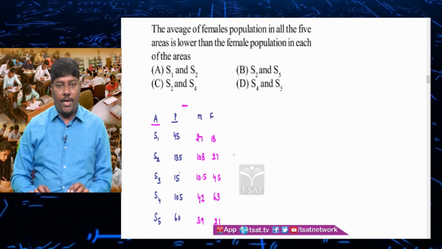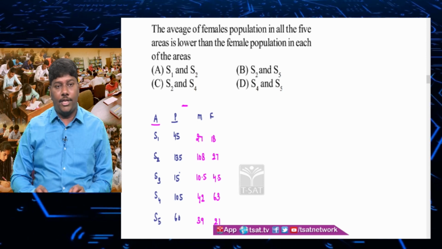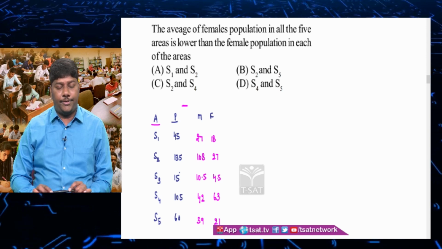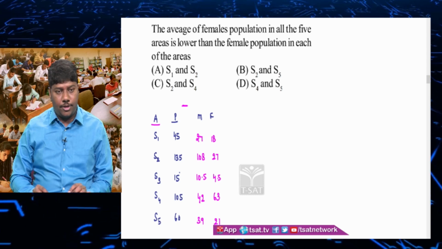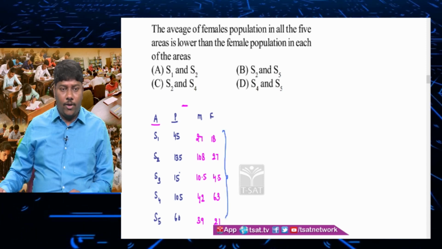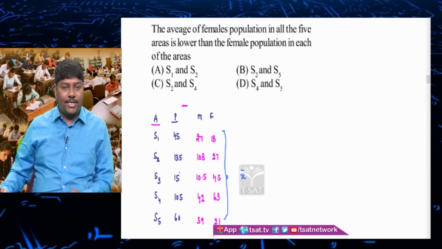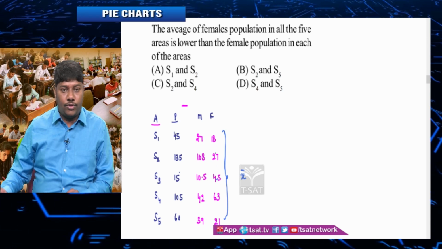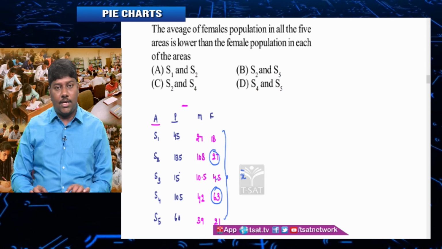Answer is D. The average female population in all the 5 areas is lower than the female population in each of the areas. Now look at the female population in terms of degrees. So in terms of degree, you look at 18, 27, 45, 63, 21 respectively in the areas S1 to S5. If I wish to find the average, let it be X bar. If it has to be less than any 2 values, then definitely those 2 values must be what? This is actually 4.5. So those 2 values must be 27 and 63 because these 2 areas are more female